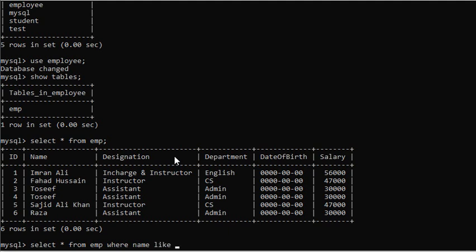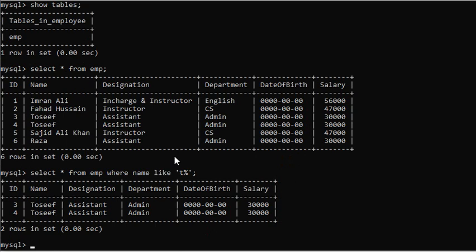If I write the character T, then I write the percentage sign, and you must give your pattern inside single quotation marks in MySQL, then a semicolon. This pattern will search for the records of column name whose starting character is T. So there are only 2 names whose starting character is T.